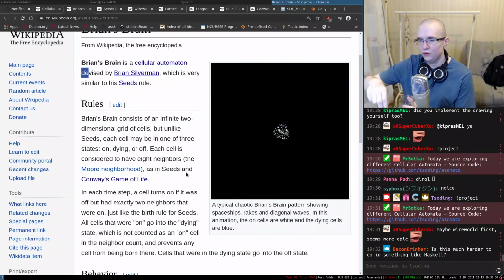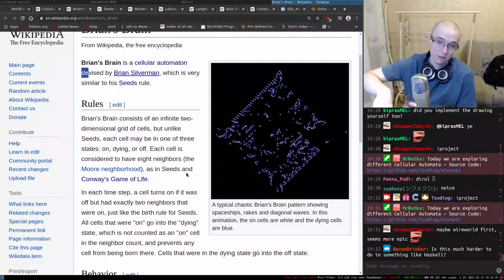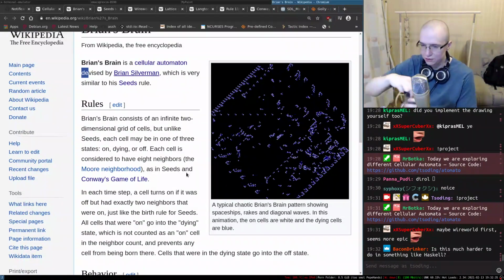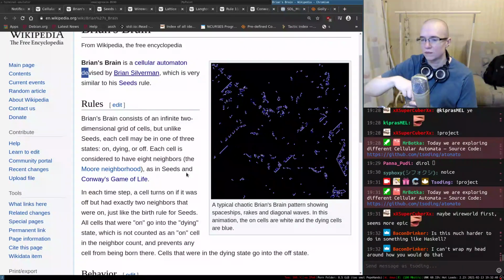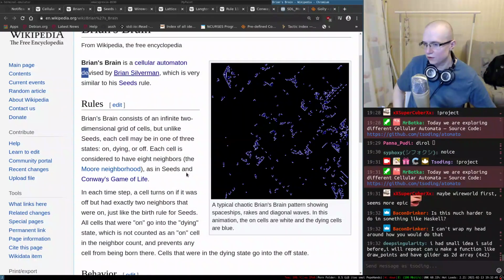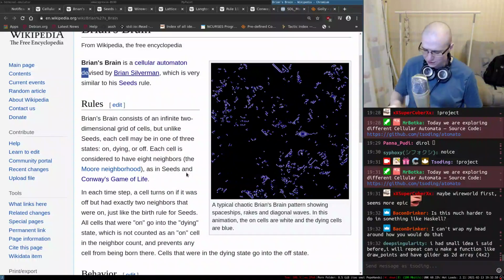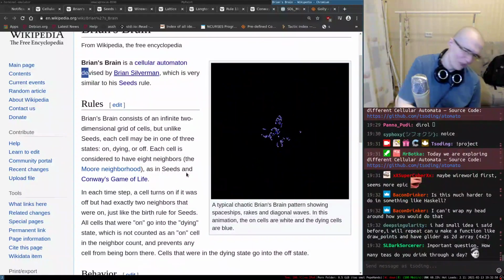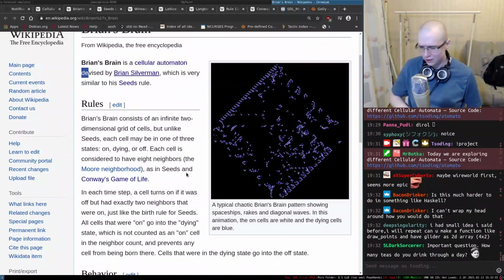Is this much harder to do in something like Haskell? Depends on your experience, I suppose. I can't wrap my head around how you do that. Actually, translating imperative code into Haskell is a relatively easy thing to do. Relatively. Right, so